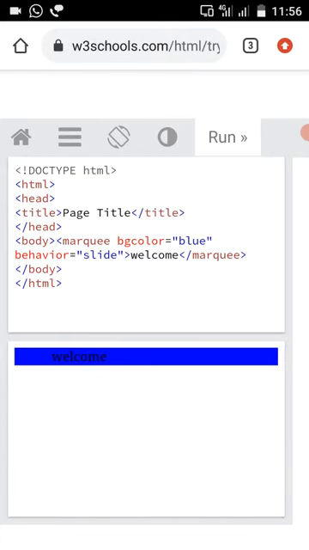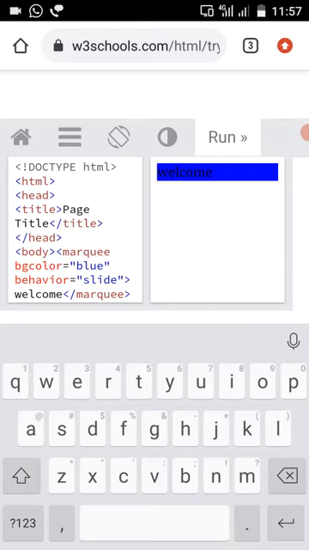From right to left the text is slid, not scrolled. When we add the behavior scroll, it will scroll many number of times. Suppose you want to make that behavior both slide and scroll, you have to use an attribute value called alternate.